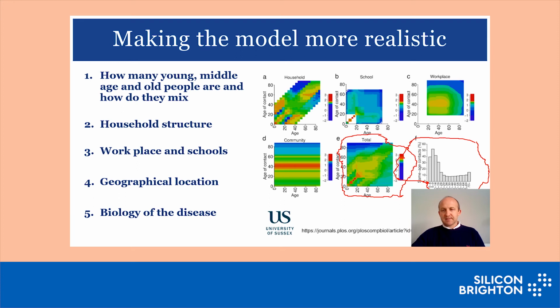So this is an extremely important level of complication. On top of it, people live in household structures, if you like. There is also strong contact dynamics going on at the workplace, and how people travel to schools and to workplaces and so on. And more importantly, there is geographical location, and usually the biology of the disease is much more complicated than the